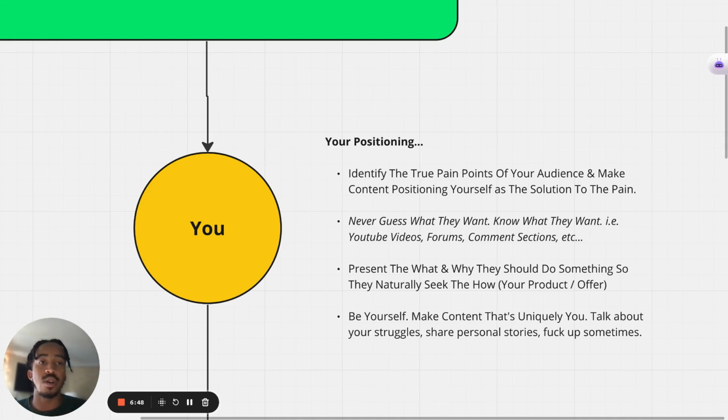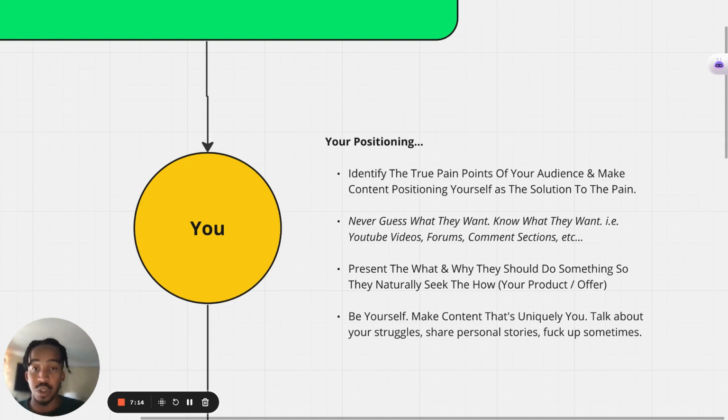Don't try to front like you're something that you're not. Just be yourself and let people fall in love with you so that they come to you to work with you because they want to work with you. That's the number one determining thing that separates you from the rest of the market, is your personal brand and just being who you are. That's what's going to get people to want to work with you over everything. So now, with that being said, we're going to get into the